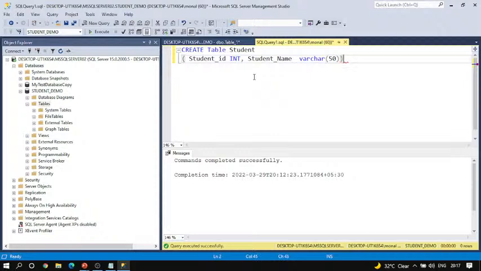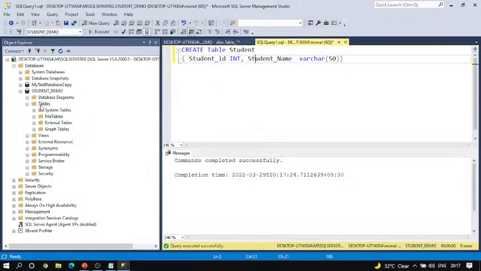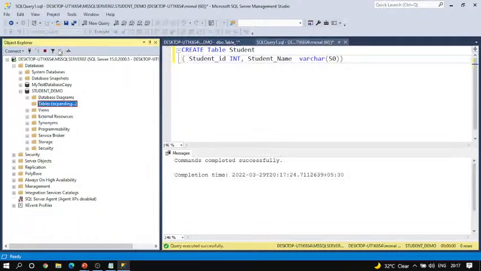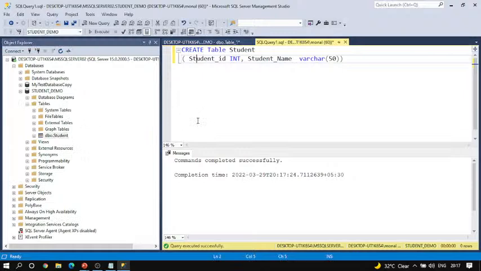I will create only two columns in this particular table, and I will execute this query. You can see here the table is created. Now, if you want to insert data into this table, then